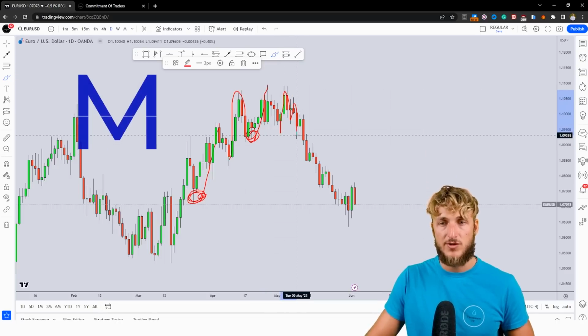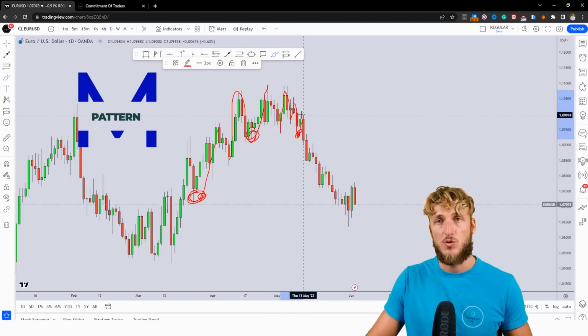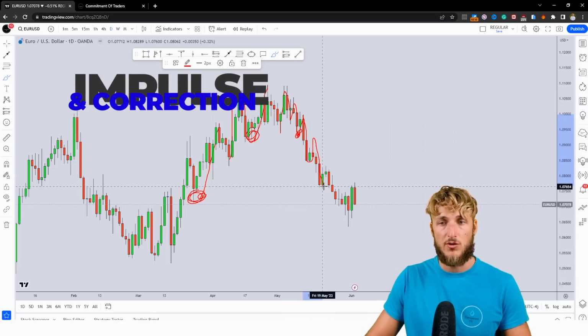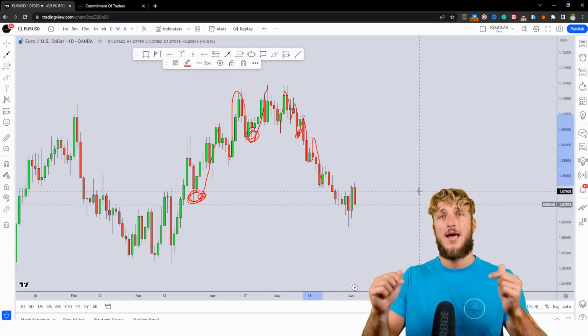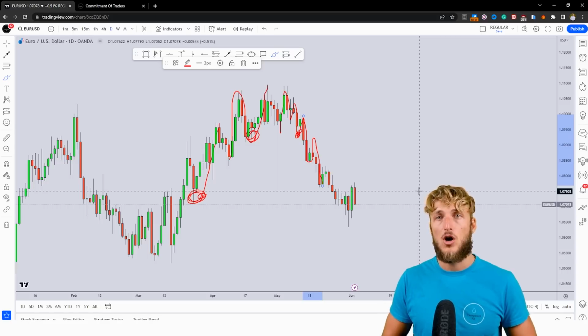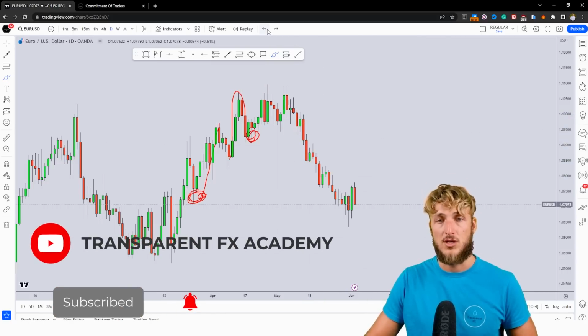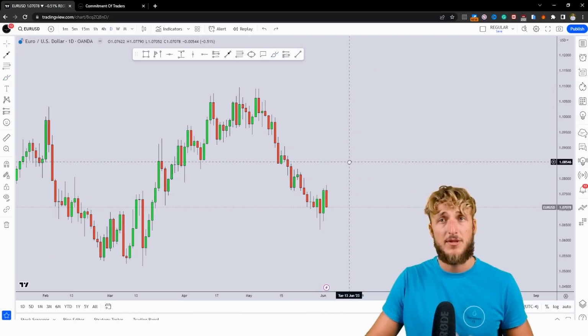Then we had the creation of this M pattern, explained all the reasons for which we could expect the completion. Then we had the impulse to the downside, explained why we could have the correction and continuation lower. And by the way, I will link in description all these previous analysis, so you can go and check them out for more free education. But at the moment, from a daily perspective, what do we have and where we could be looking for the